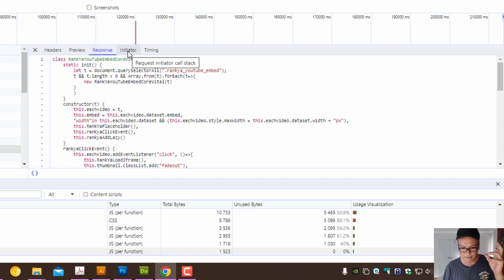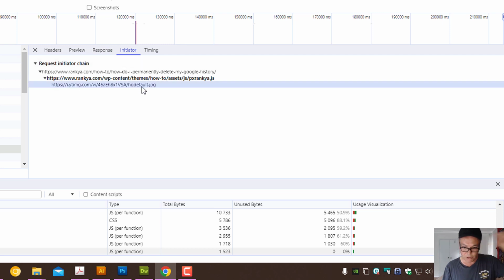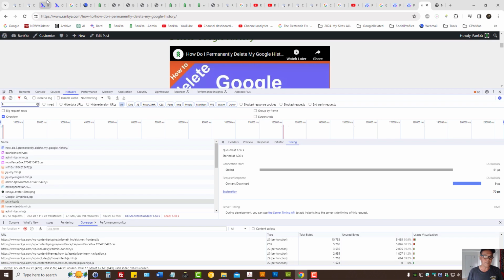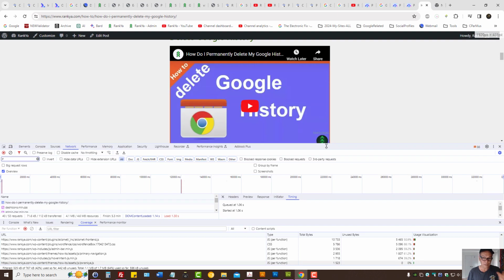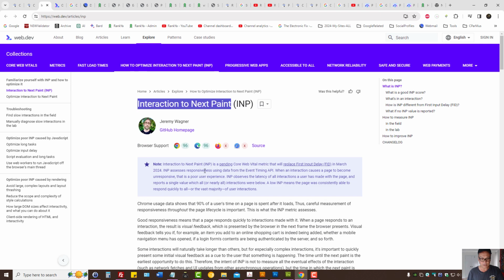what the file is, what initiated. As you can see, there was an image to be downloaded. So that fade effect with that image download is perhaps taking too long in this example. I can look at timing, content downloaded, this nano business here. You can use the server timing API. You can use scripts to identify how long certain interactions take, and that is covered in the help section of